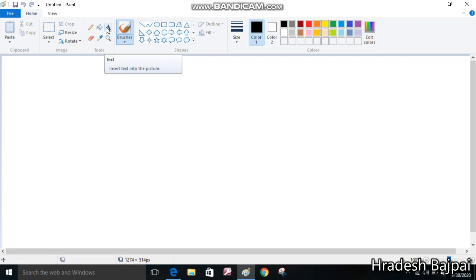And this is for writing text. If you want to write anything in your drawing, if you want to give your name or anything, so you can use this text. This one is eraser, which is used for erasing the contents. If you have done any mistake or anything, so you can use eraser for it. Same as we use in our schools, pencil and erasers. This one is called the color picker tool. This color picker tool is used for picking up the color. How? I will show you later in this class. Okay, this is the magnifier glass, which is used for zooming and zoom out the picture.